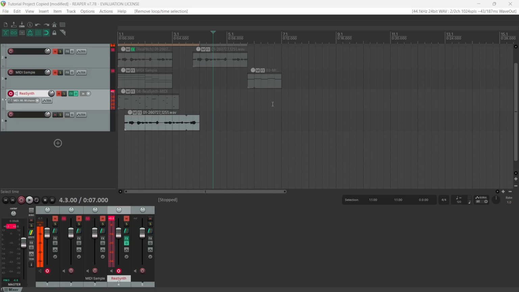In this video, I'm going to show you how to loop playback in Reaper. Now to loop your playback, it's actually super simple, and you can do this using this button over here, which is called the toggle repeat button. You could also press R on your keyboard, it's going to do the same thing,